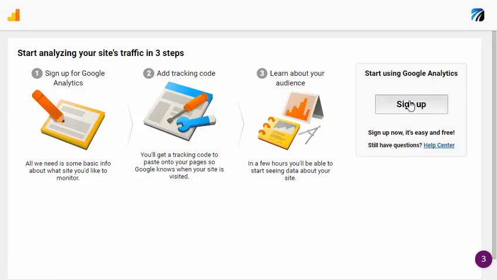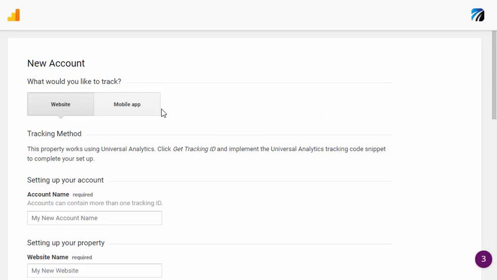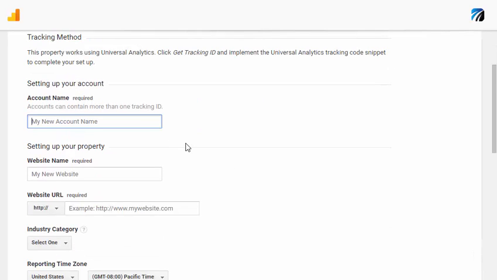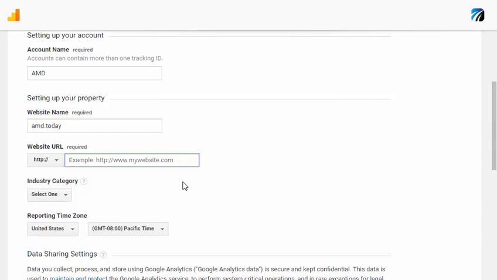So we're going to sign up for Google Analytics. What would you like to track? We're going to track a website. Okay, so new account name, AMD. Website name, amd.today. Okay, and here you want to put http colon, actually it's https colon /